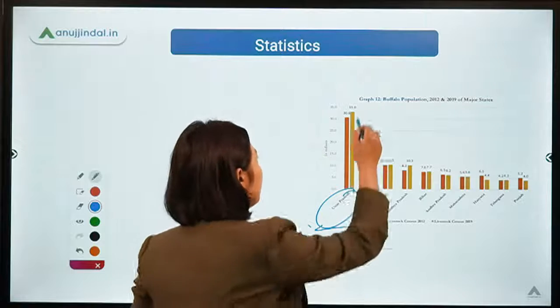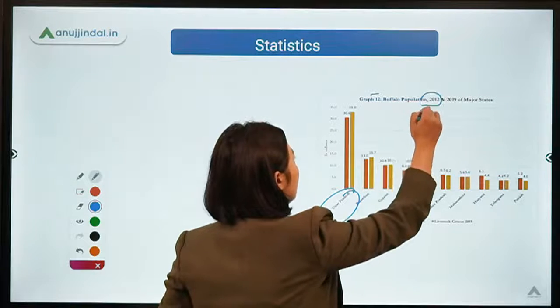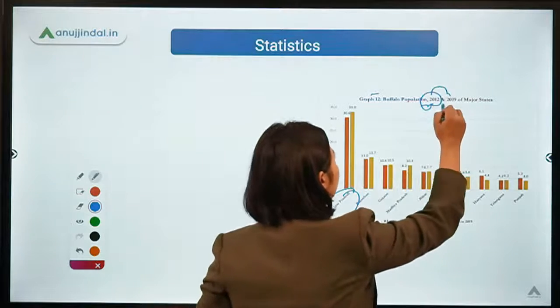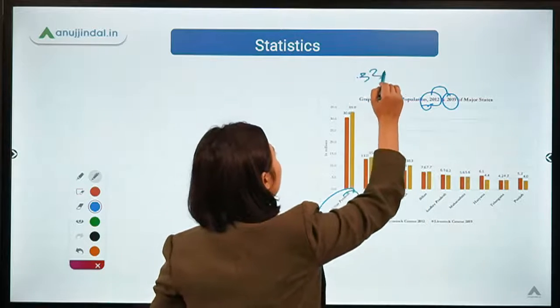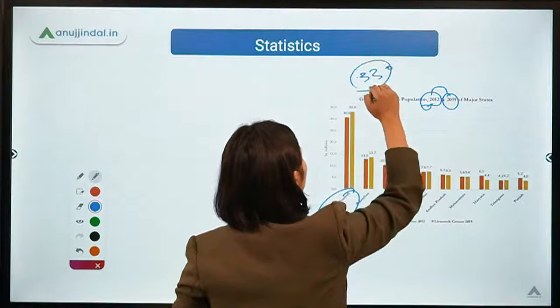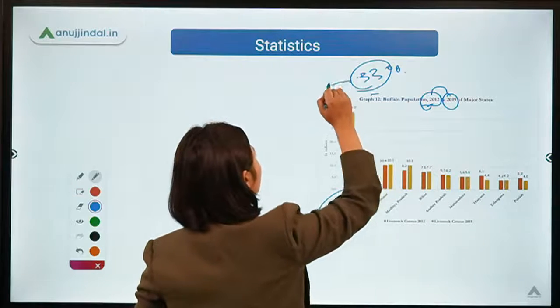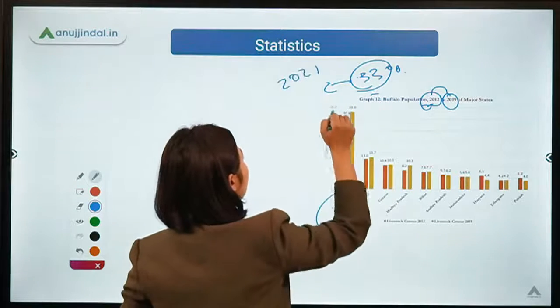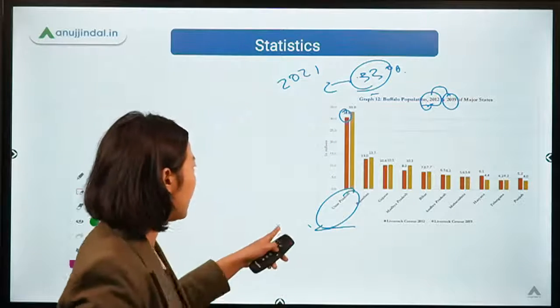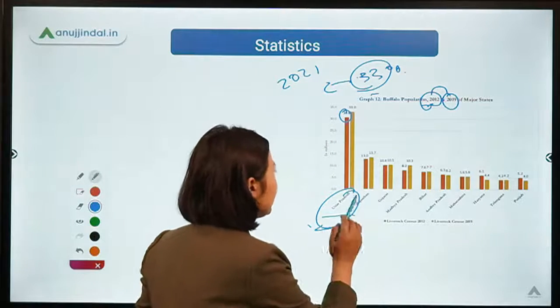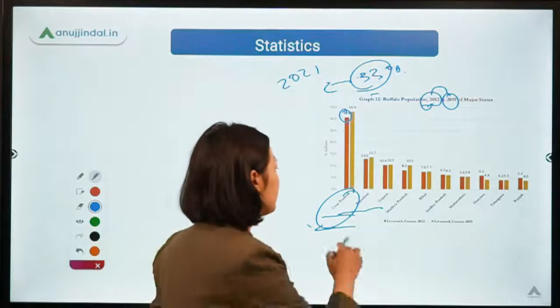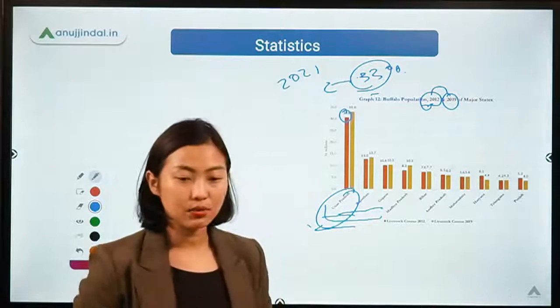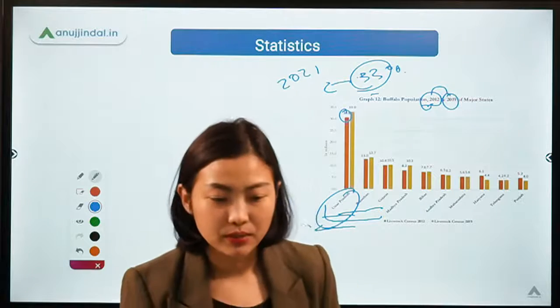All right, so basically this was in context from 2012 to 2019. There you can see that there has been an increase. At this point there was about 33.0%, and before, in 2012, it was around 30.6. Okay, so there has been an increase in Uttar Pradesh. And the second highest is Rajasthan, and then third is Gujarat. So just remembering the top 3 states would suffice for the exam, okay?